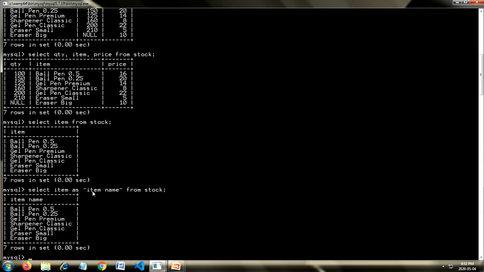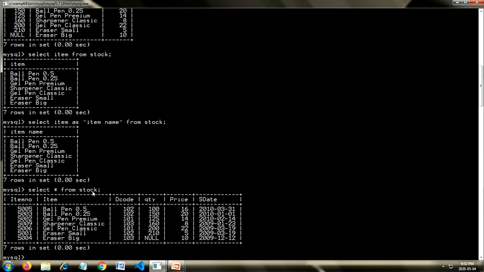How it is useful, I can tell you once again. Select star from stock. Let's say I want to see the item and the total value. The total value is quantity into price.